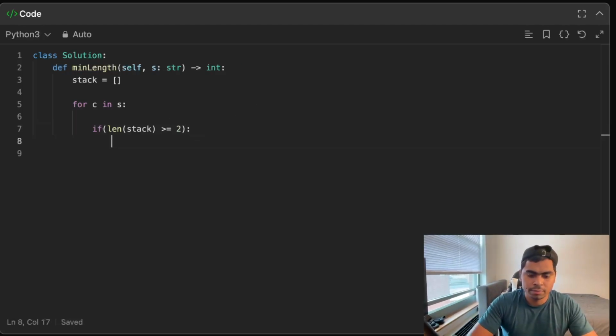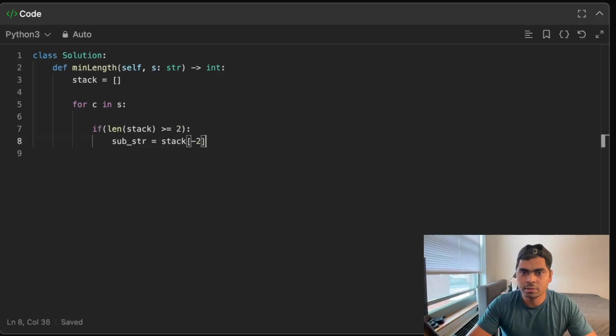We will basically make our string, let's call it sub str, which will be, let's pop out from the stack the second last, and then last. Combine them together